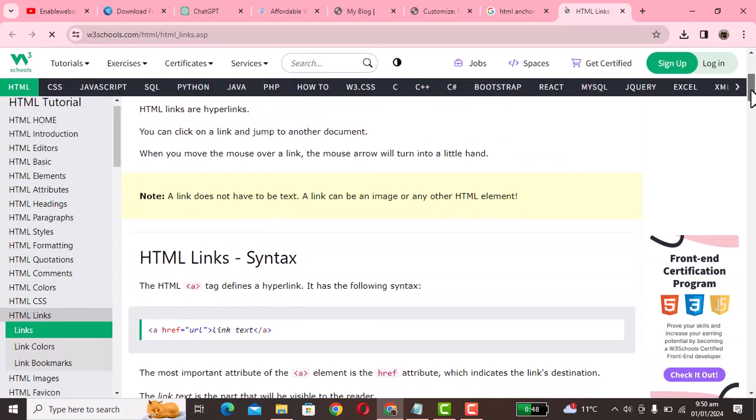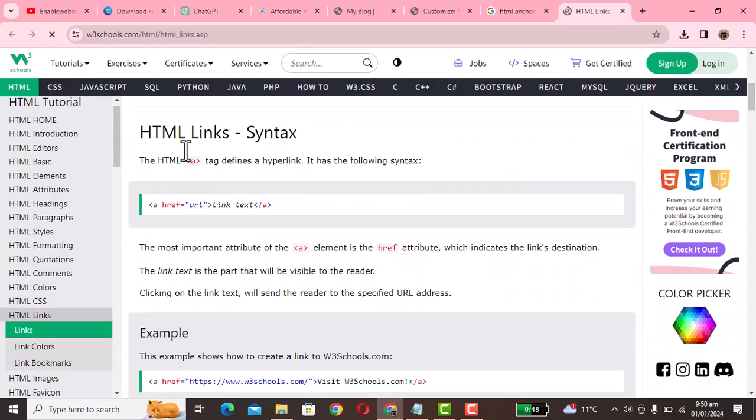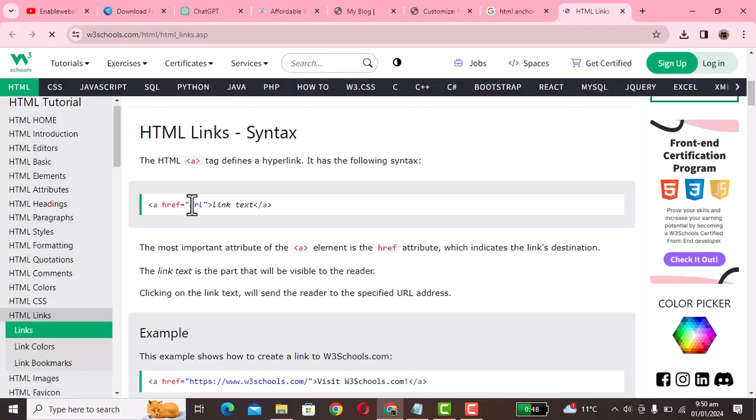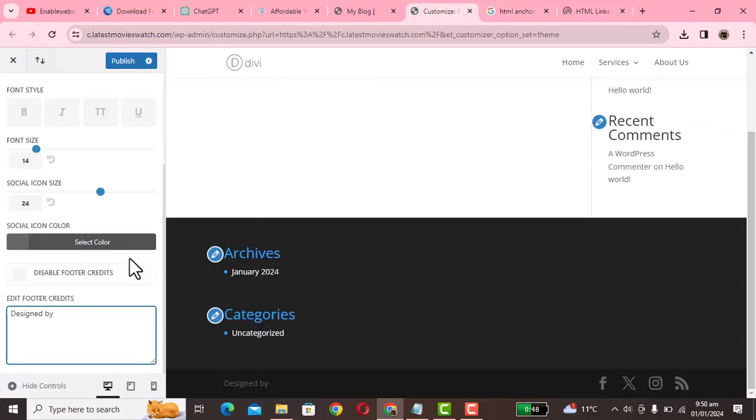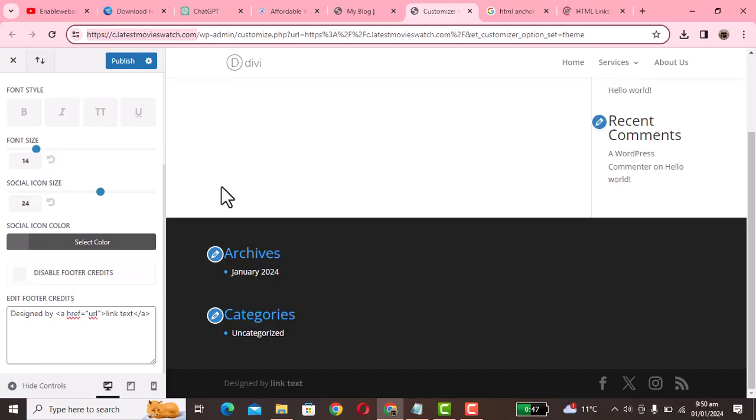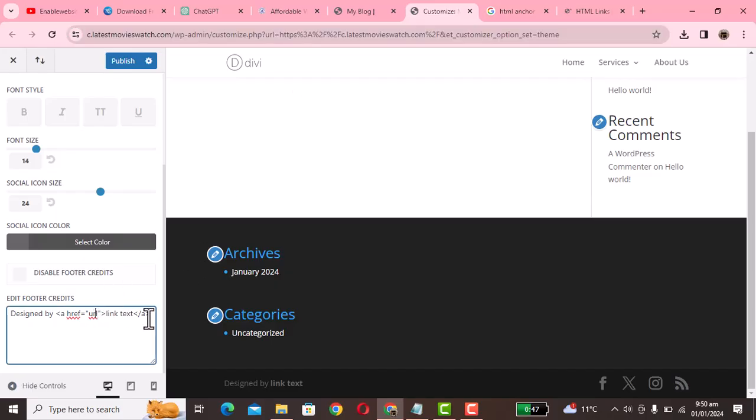Now let's open this website and here just you can add your website link in between inverted commas, and after that here will be link text. Just we can copy this and after that add this code here. Now you can simply copy website URL and add here to replace it with this URL, and here you can add the text, your website name, for example